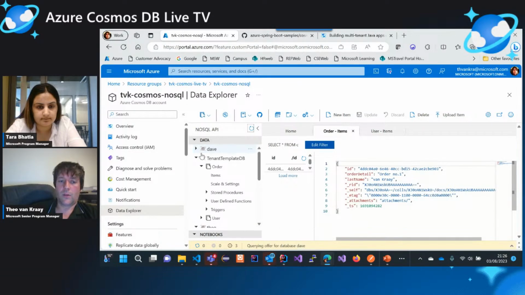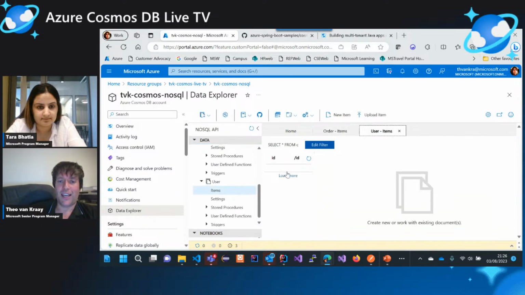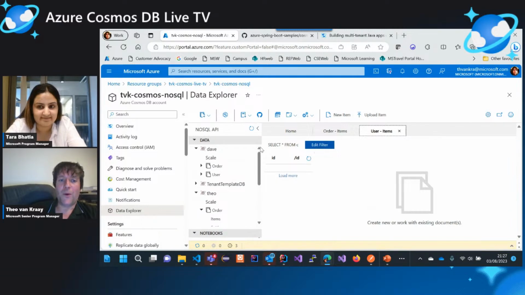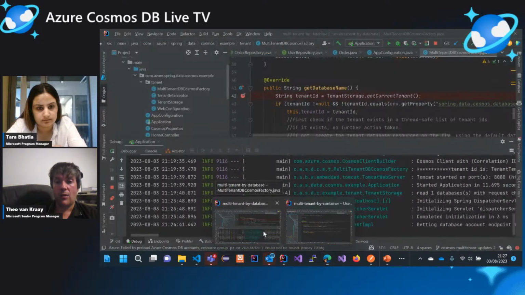And there we go. That's what I expect. In fact, I think I was looking in the wrong database here. So if I look in here, no. Worth a try. Anyway, we created another tenant called Dave. And so you can just keep doing this. And obviously, this is how you do multi-tenants at the database level in Spring Data with the new changes that